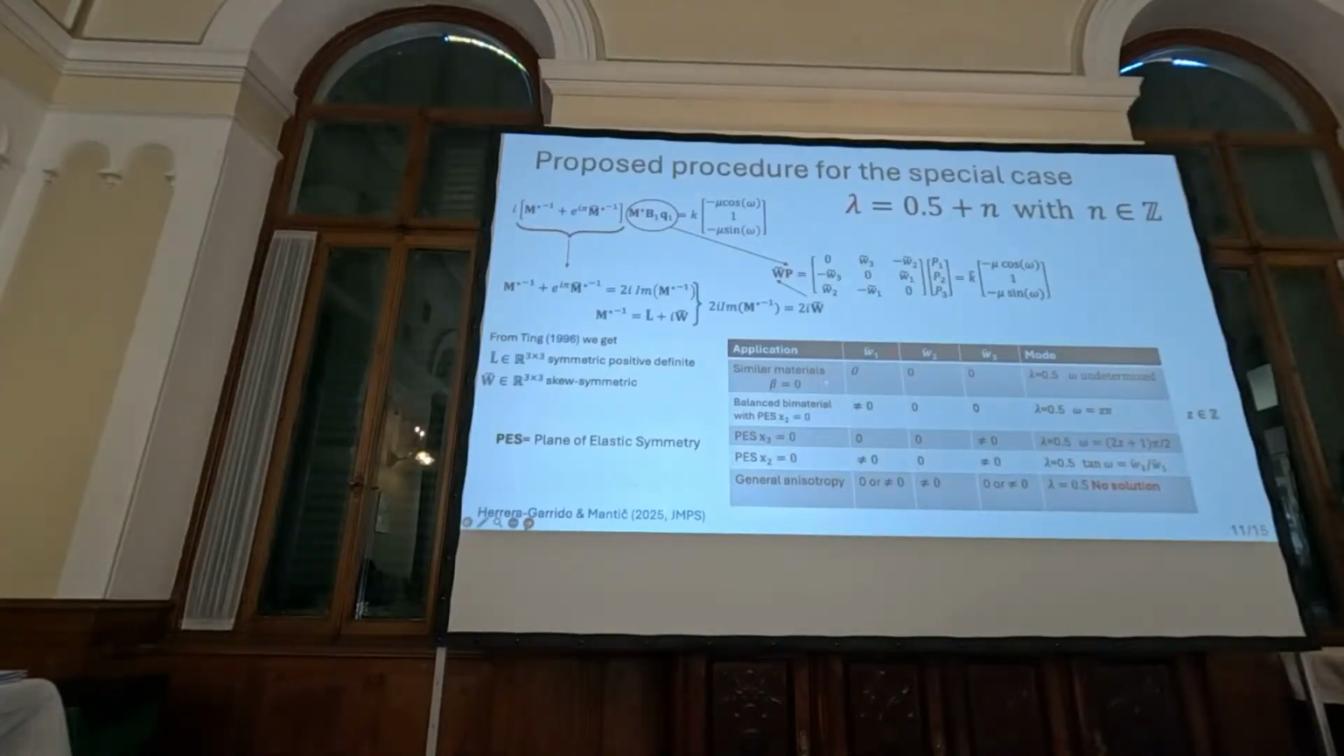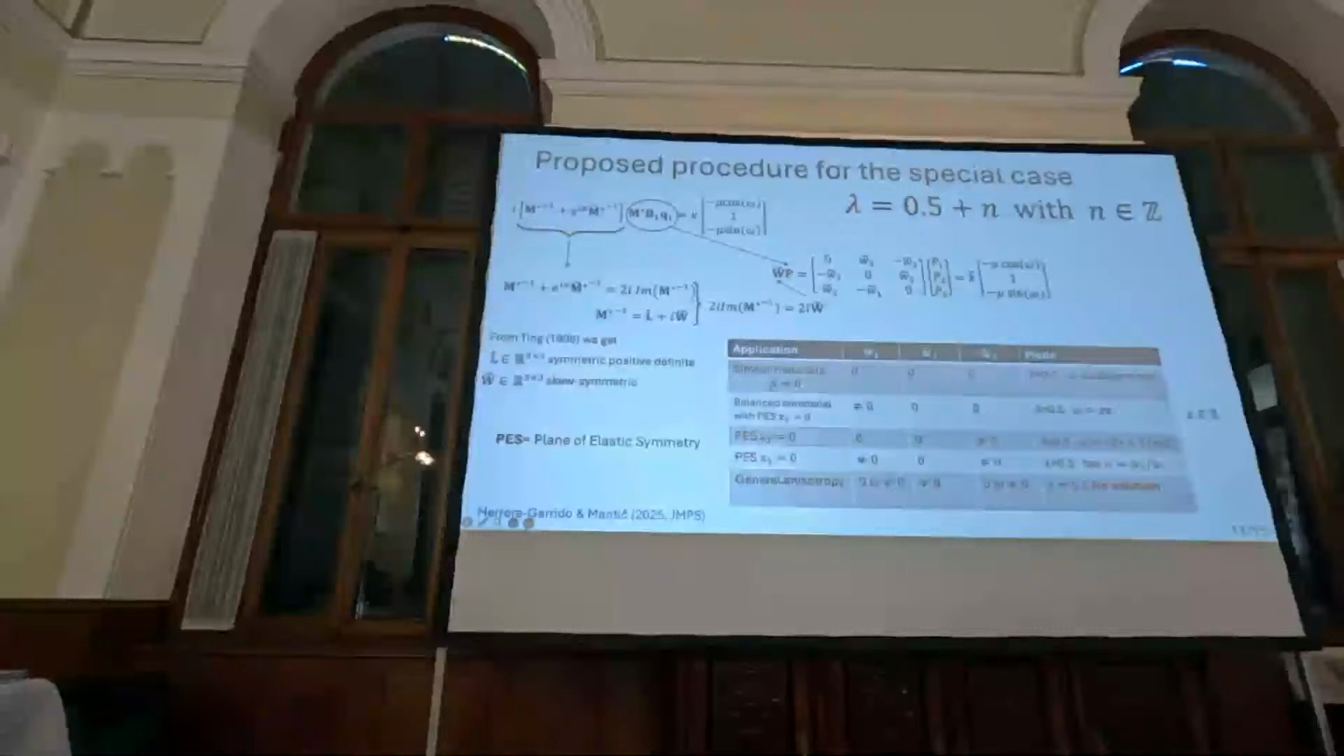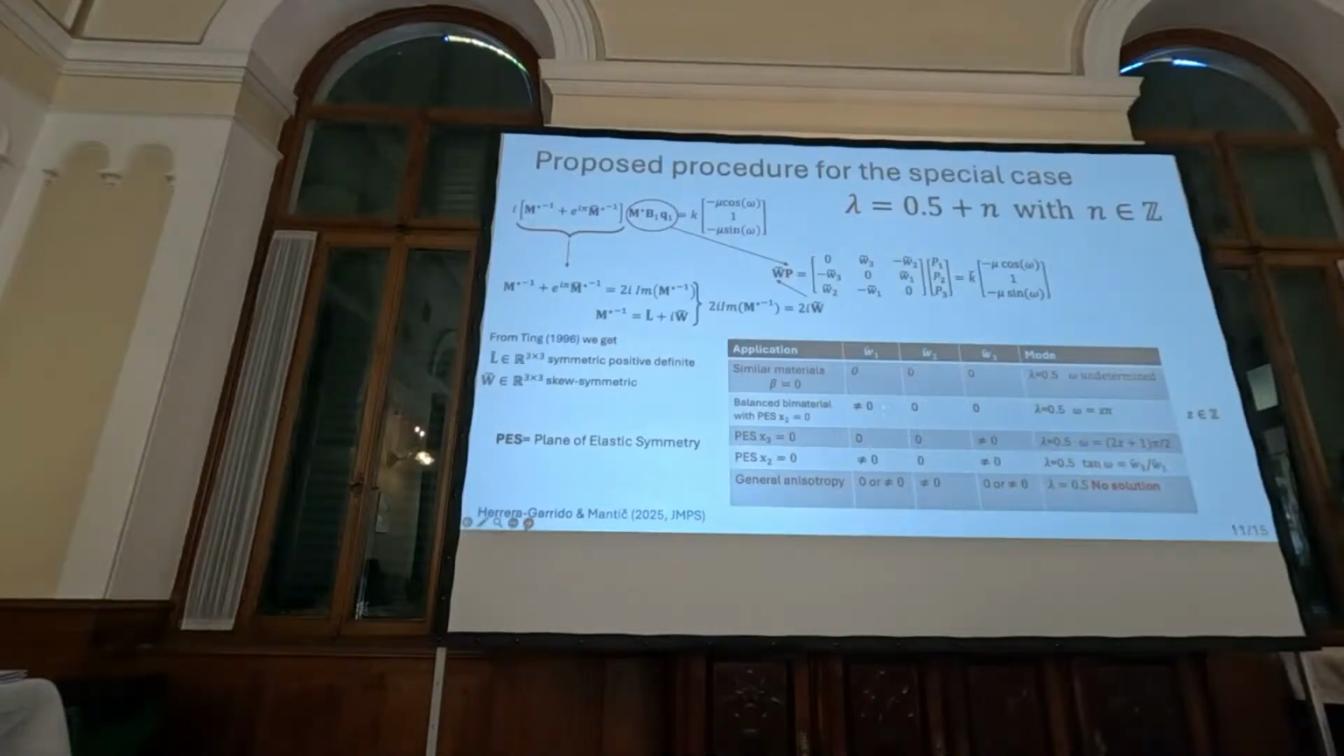For example, if the materials are similar, Dundurs' parameter beta is 0 and this matrix is 0, so 1/2 is the singularity exponent. If we have a bimaterial with the elastic symmetry plane coincident with the interface, we again have lambda 1/2 as the singularity exponent, but omega is